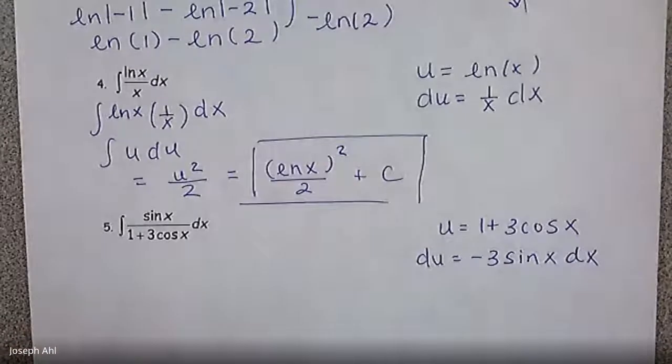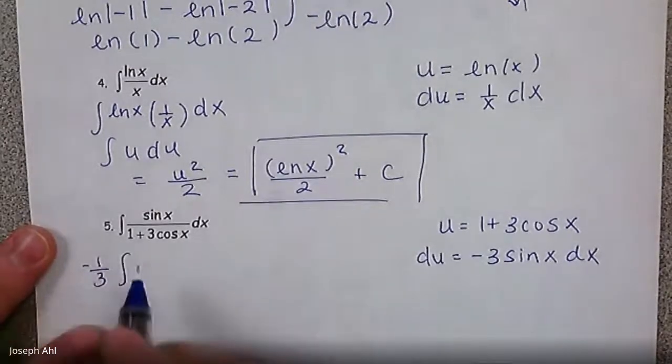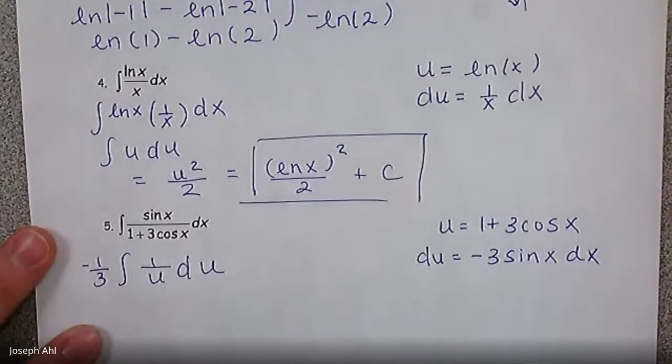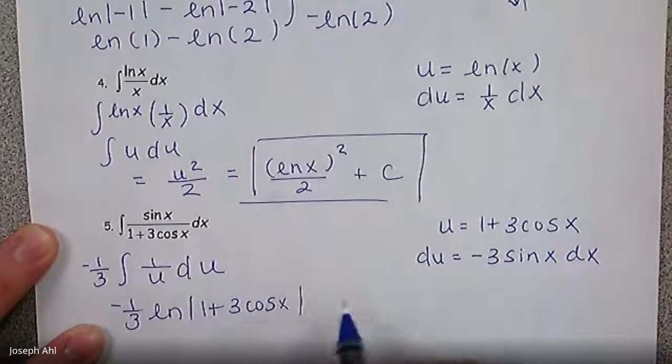So if we multiply by a -1/3 out front, that would balance this such that we get the integral of 1/u du. Okay, so we get -1/3 ln the absolute value of u, which is 1 plus 3 cosine x,